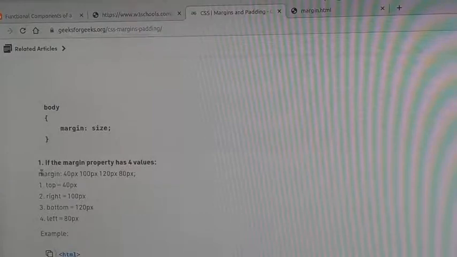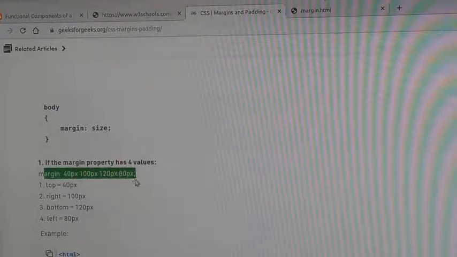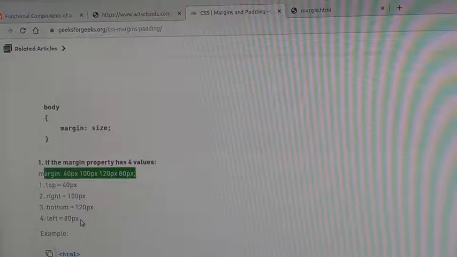So the top margin is 40px, the right margin is 100px, the bottom margin is 120px, and the left margin is 80px. This is the way to apply the margin style.